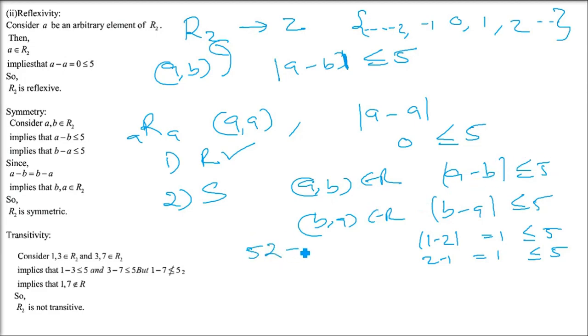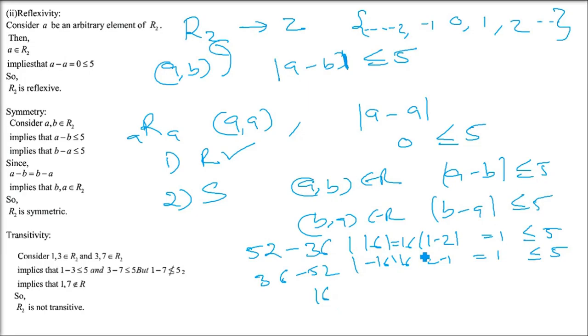You have to keep your eye on the set on which this relation is defined. I am taking a big number here: 52 minus 36, 36 minus 52. I am just taking a bigger number just to make you understand. I have taken a random number. So it will be 16, this is minus 16, take the modulus, you are going to get 16 only.